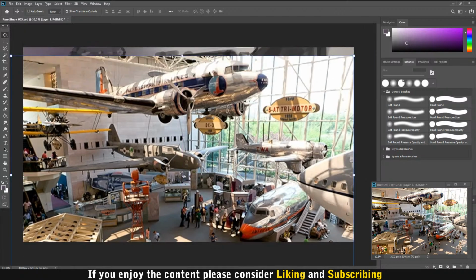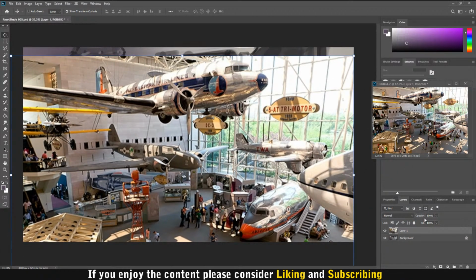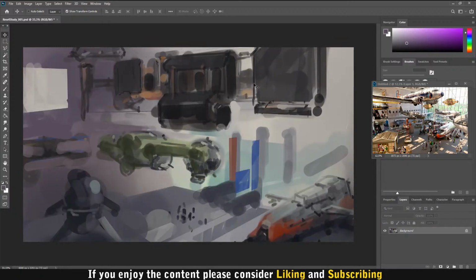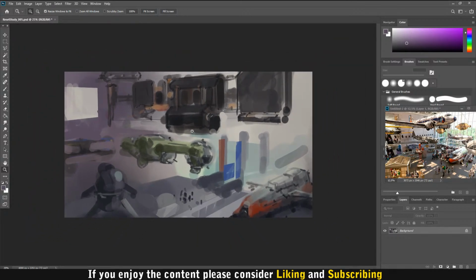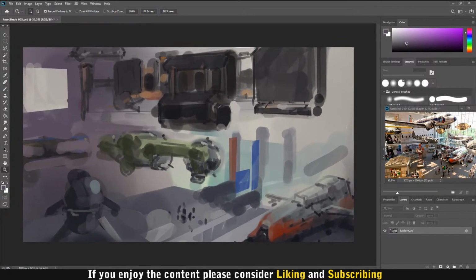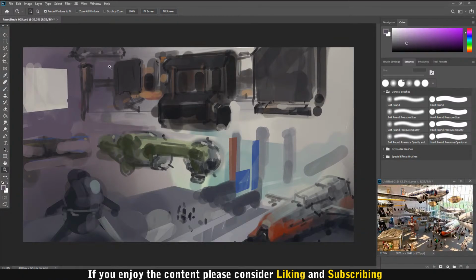Hmm. Just sort of trying to figure out what's missing. I think we're missing a lot of vibrancy. I think we need a little bit more saturated colors. All the colors that we have currently are really desaturated. So I think if we bring in some more saturation, it will really help. And of course we're gonna have to